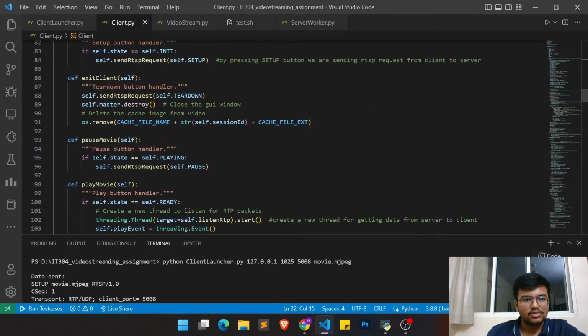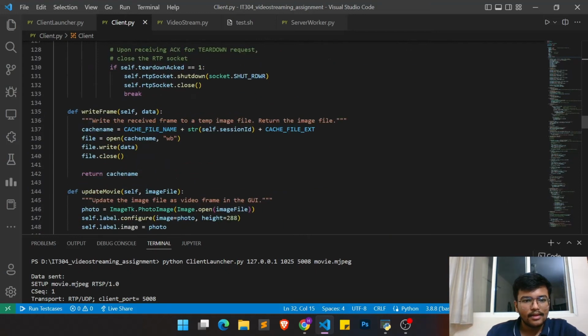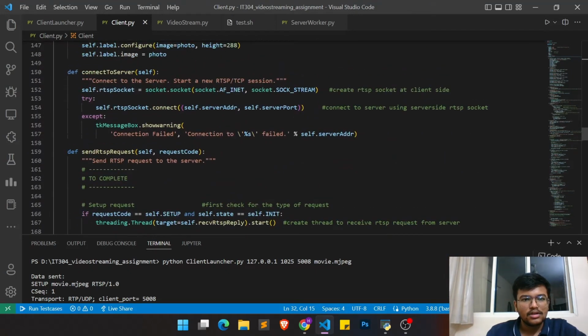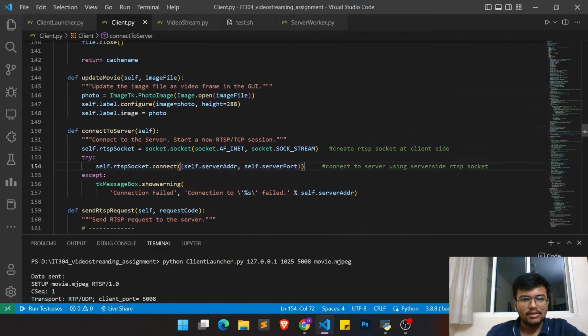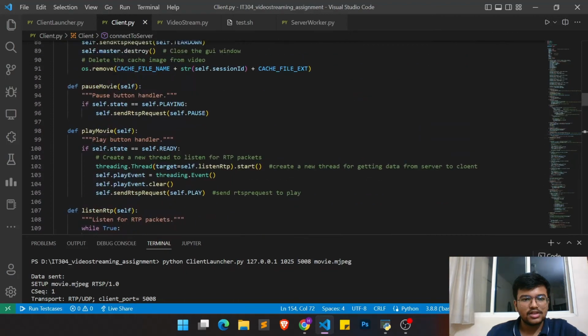So in the connect to server function, we create an RTSP socket at the client side and connect to the server using the server side RTSP socket. This is about the connect to server function,